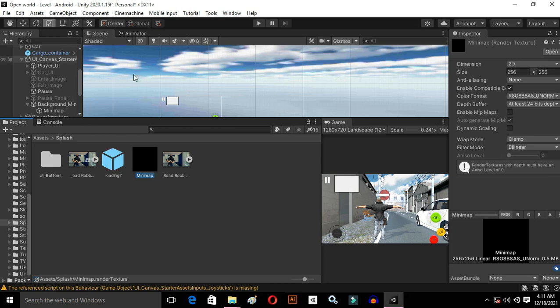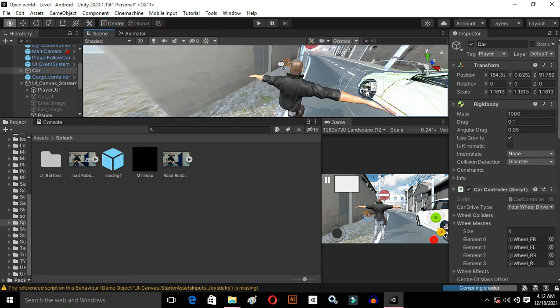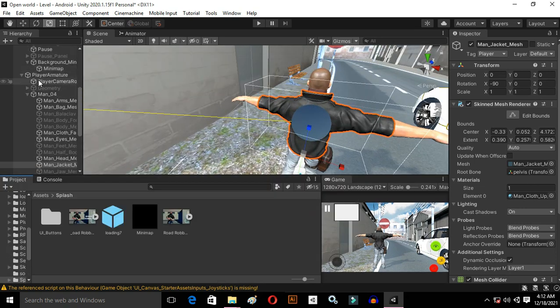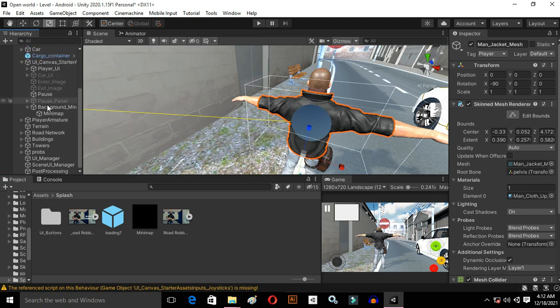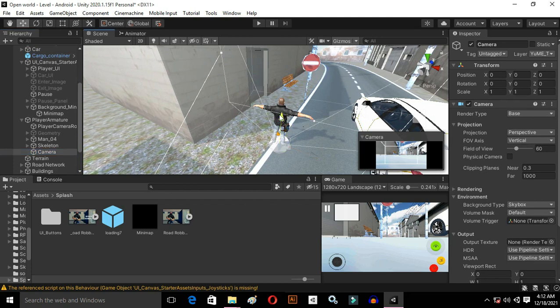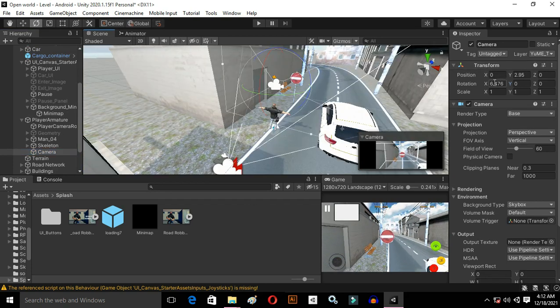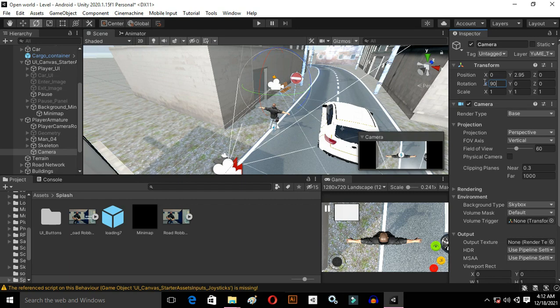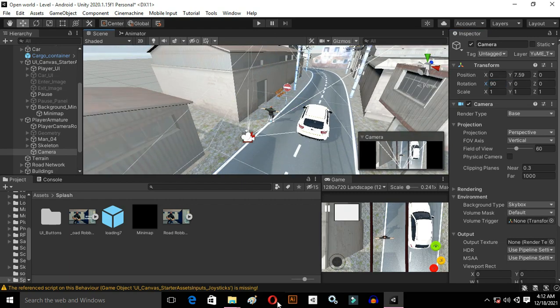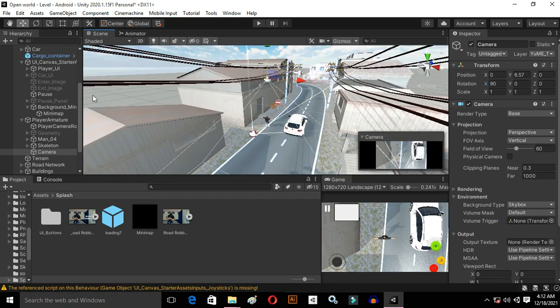So it is time to make a camera. I think we should make a camera inside the player. Let me show you guys how it works. Let's make a camera. So right click, create a camera, and drag and drop it over here, and let's change it to 90 and move it up. Okay, here. So I'm going to change its name to minicam,